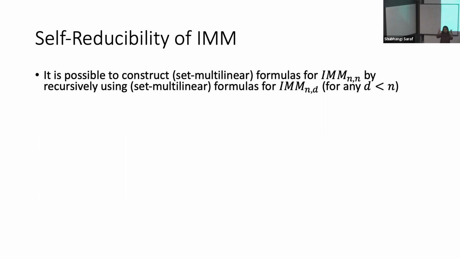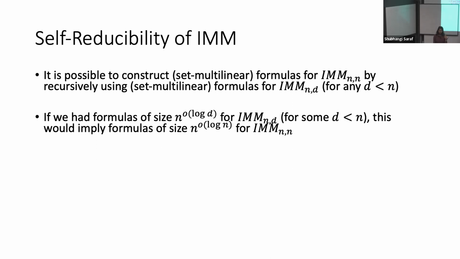If you can compute the product of d matrices very fast, then you can use it to compute the product of n matrices very fast, because you're using IMM of d matrices as a subroutine. So if you had a formula of size n to the little o of log d for IMM of n comma d, this would imply a formula of size n to the little o of log n for